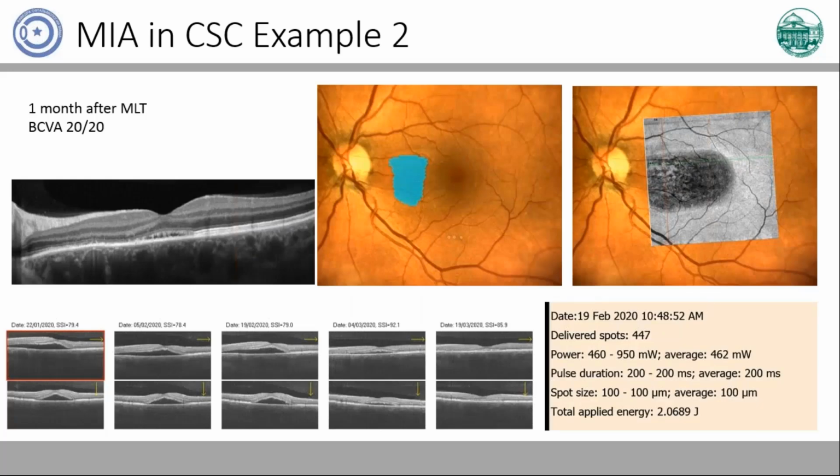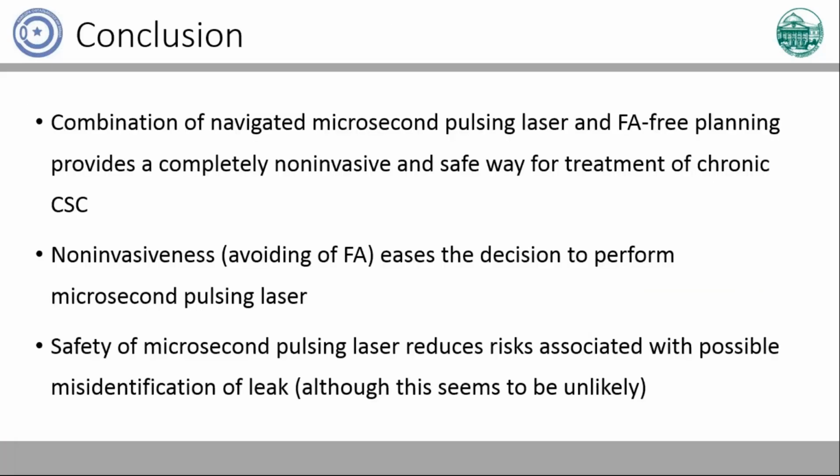We chose a relatively large area of RPE irregularities as the aim for laser treatment and covered them with laser spots, with quick and stable result. This patient is under observation now because subretinal fluid is not completely resolved yet, but I believe that it will finally come to complete restoration. In conclusion, I believe that the combination of navigated micropulse laser and fluorescein angiography-free approach is